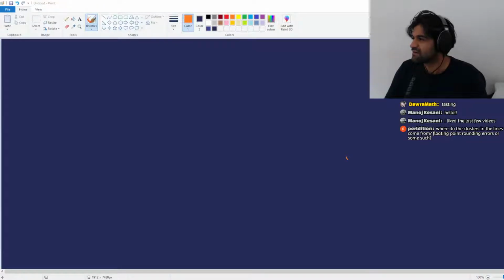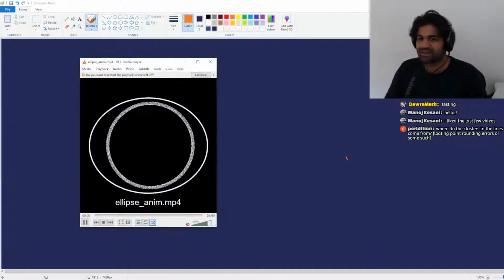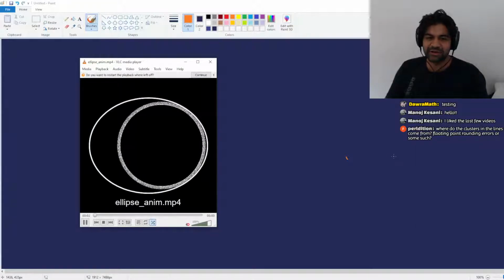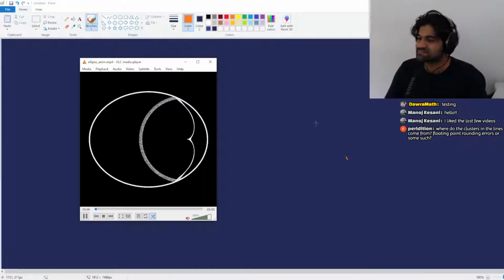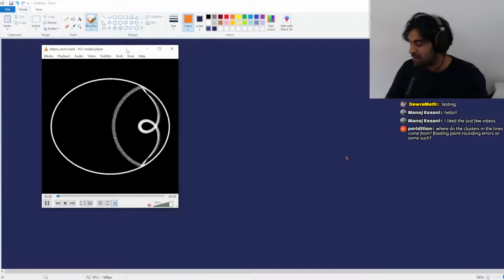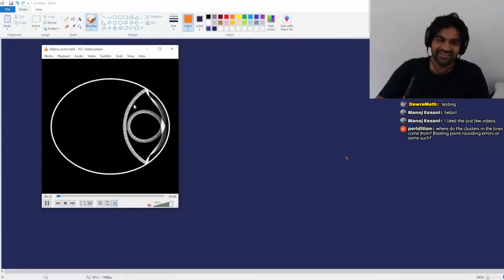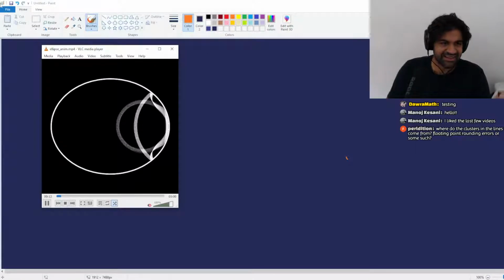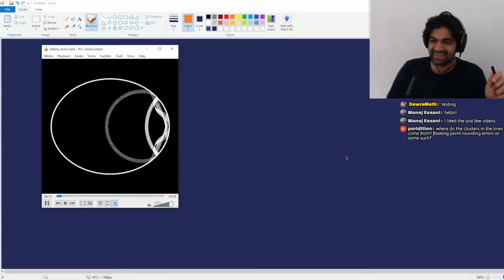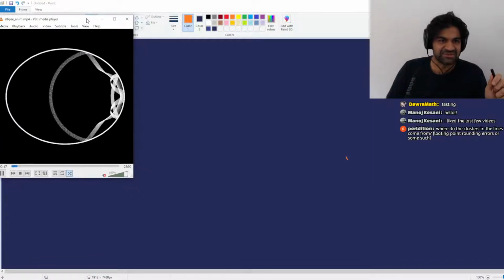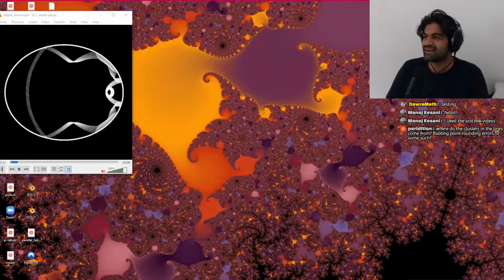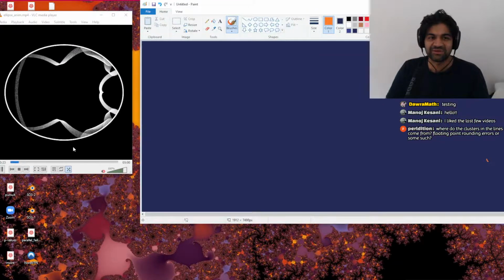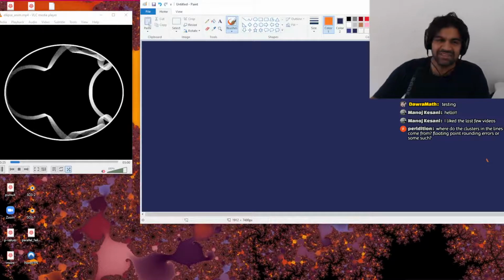Where'd it go? Ellipse animation. So, okay. This is a group of circular points inside an ellipse. I don't think you'll get bands as bad here as you do there. But my suspicion about where the bands are coming from, hold on, let me write while let me try and do good screen management. Okay, so my suspicion about where these bands are coming from is essentially, as you say,